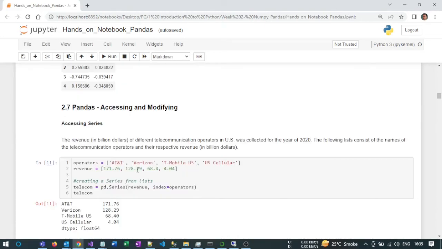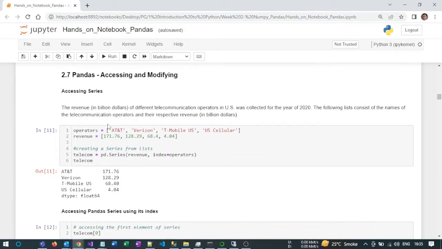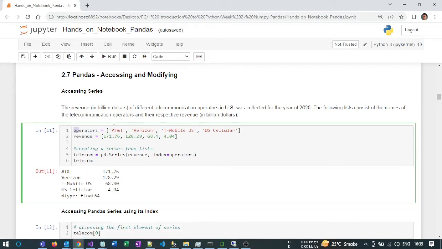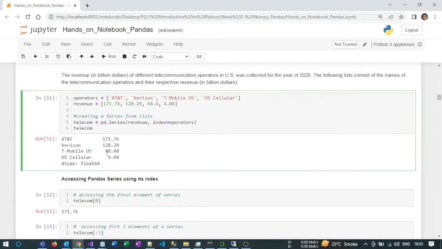Okay, so now how we can access pandas and modify them. To access a series, let's talk about it first. We are defining a list, and again we have some other values in another list. Now we are combining them into a series, so we are just doing pd.Series with operator and revenue, right,